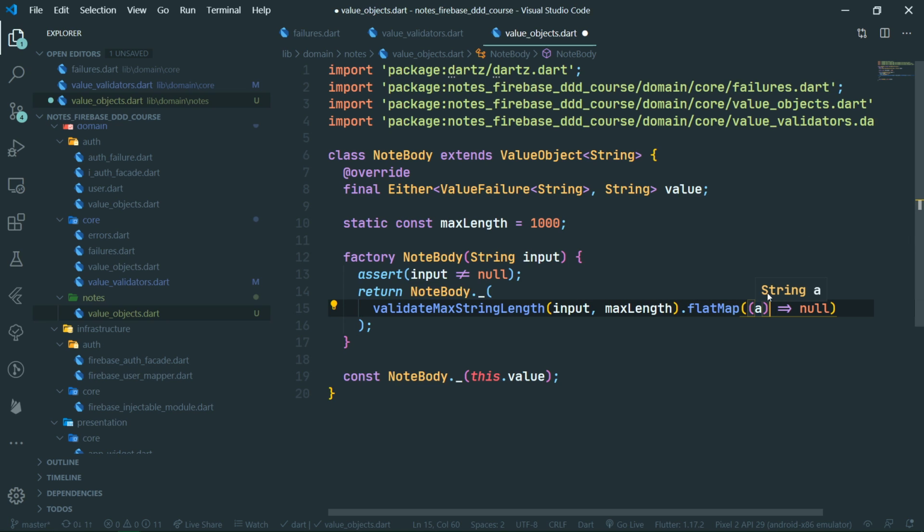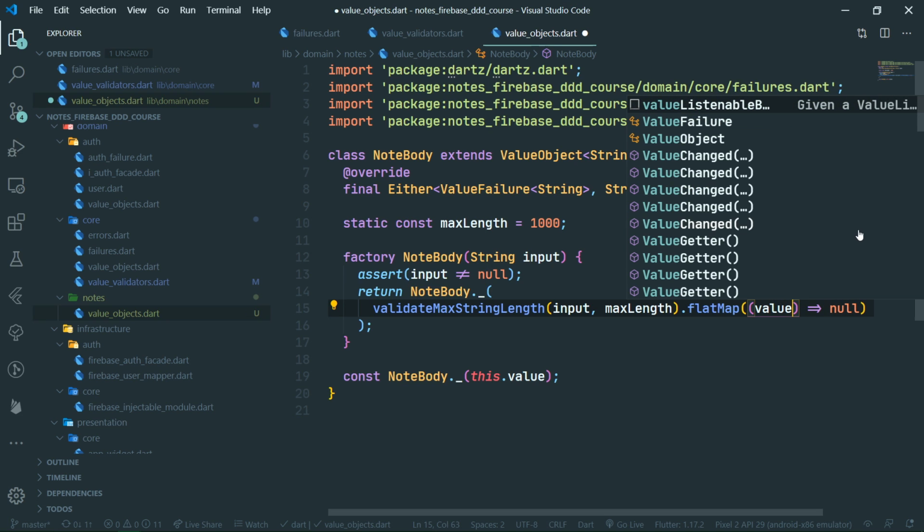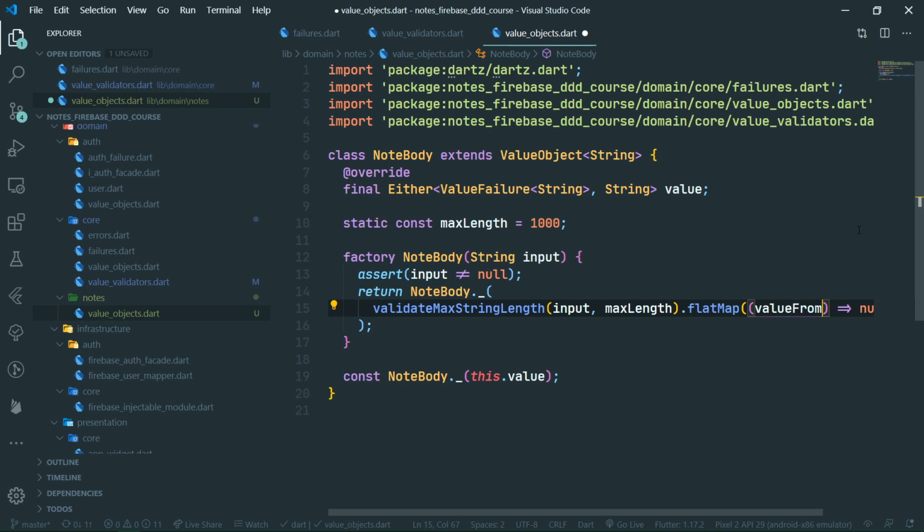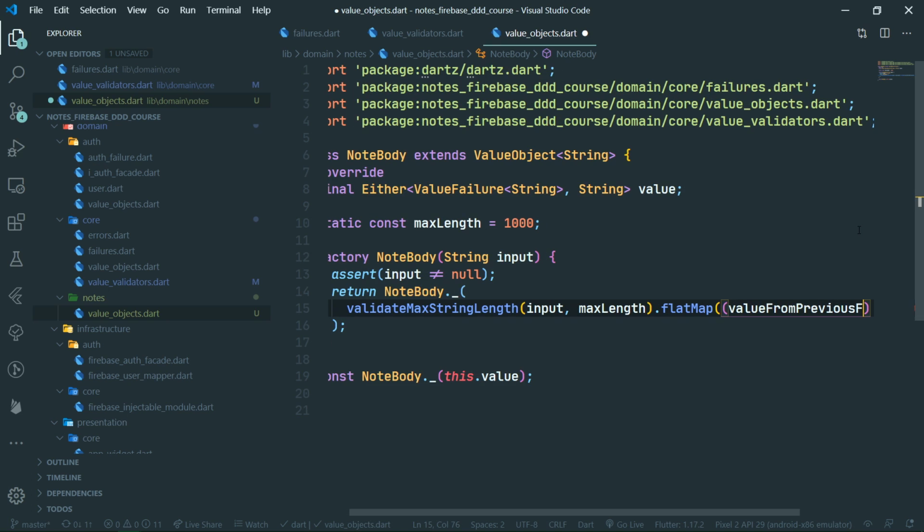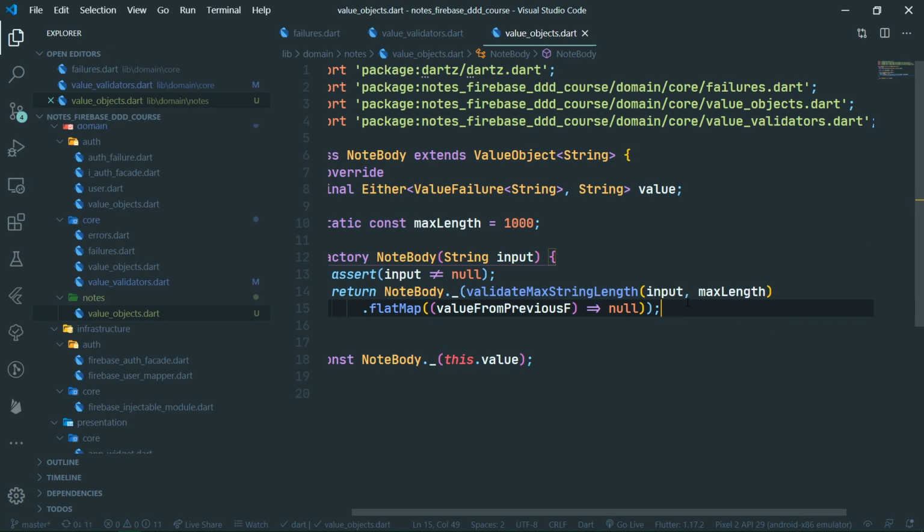You see, this A is of type string. For explanation purposes, although you're probably never gonna see this in real life, we can rename this A to value from previous function. Okay. And now we can take this value from previous function and run it through another validator of ours,